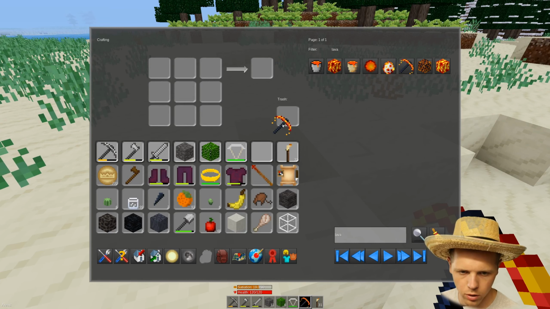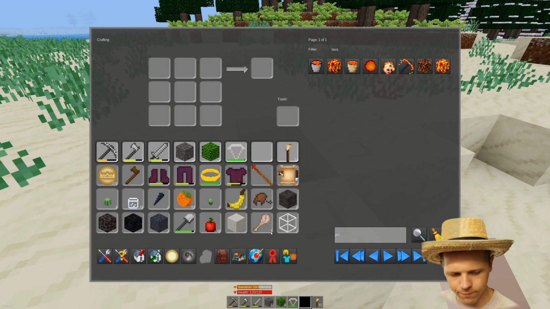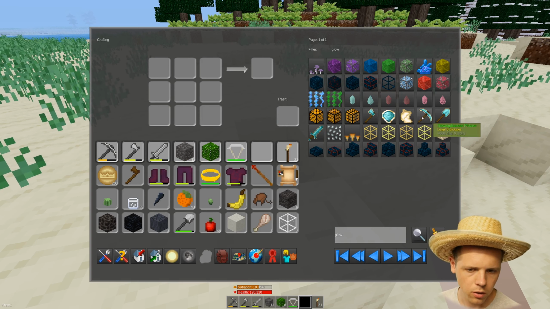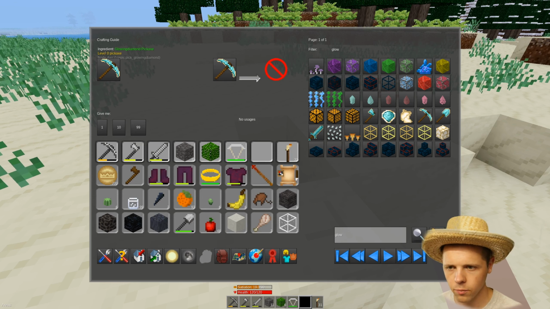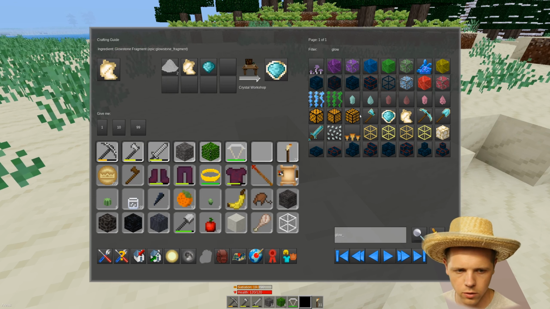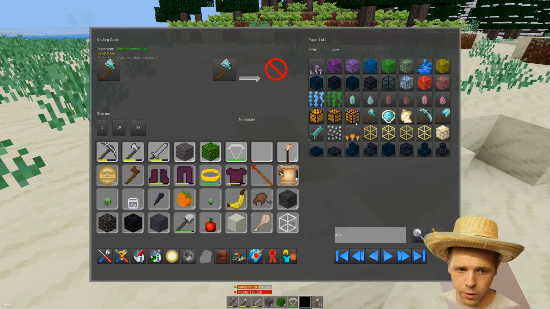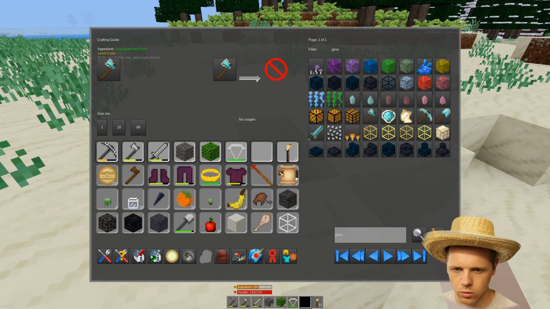I should add that. But the titanium tools, the glowing diamond tools are all supported. You can actually see right here. I don't know why it says ingredients and all that goofy stuff. Is that just how it normally looks? It's normally how it looks. Okay. So it tells you pretty much...